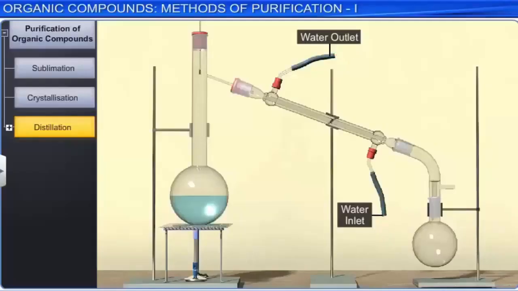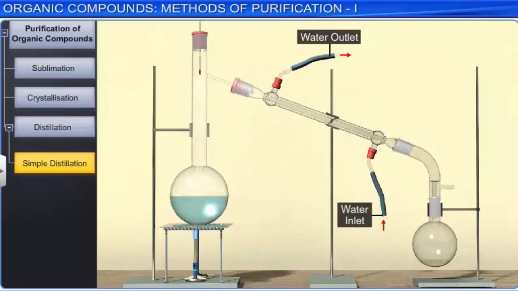Now let's look at the distillation process. This method is used for separating volatile liquids from non-volatile impurities, and also to separate the liquids which differ in their boiling points. Simple distillation is used when the liquids in the mixture differ appreciably in their boiling points. For example, a mixture of chloroform and aniline, which differ in their boiling point by 123 degrees Celsius, are separated